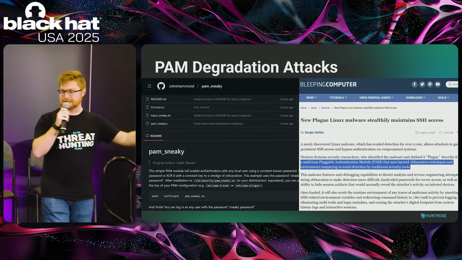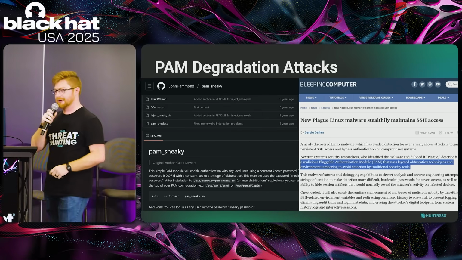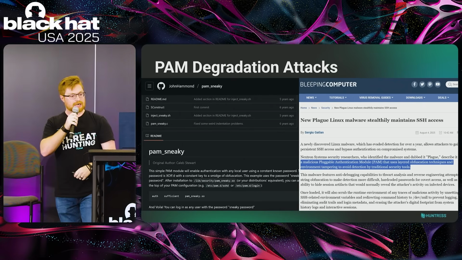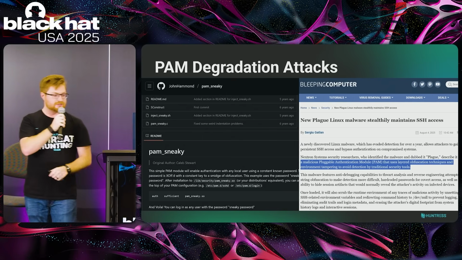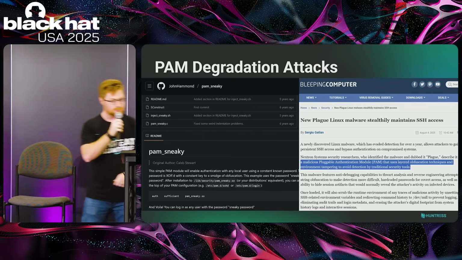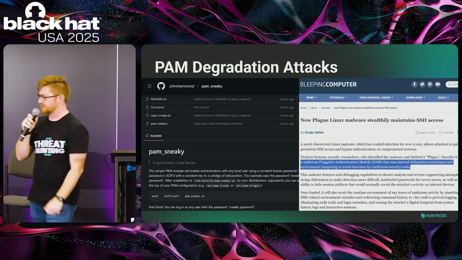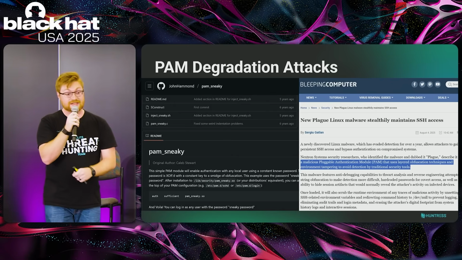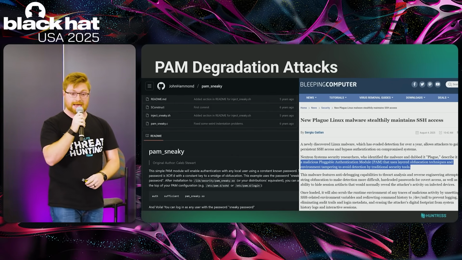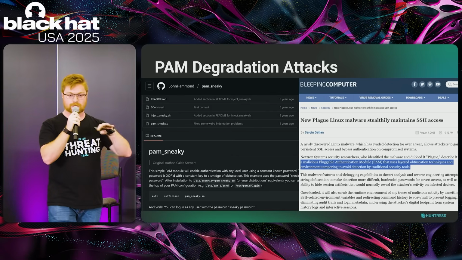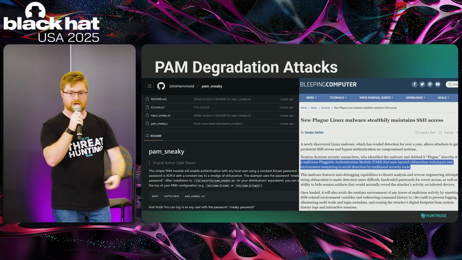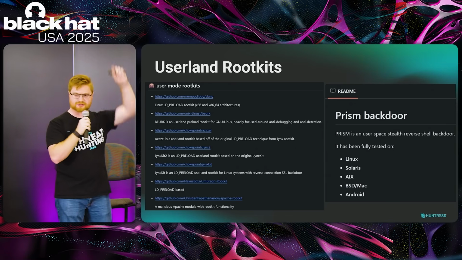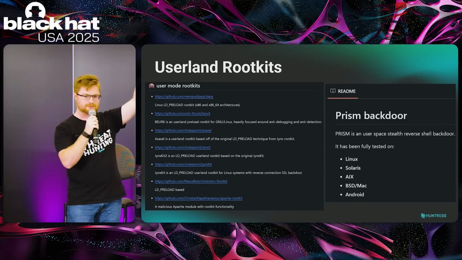There's a very recent Bleeping Computer article. You might be able to see it on the right-hand side there. This was August 4th, so 2 days ago. There's a recent Linux malware payload called Plague, and Nextron Systems was covering it. So Florian Roth and some of his cool folks were saying, look, this did exactly that. This used a PAM degradation attack and had a backdoored pluggable authentication module to log in with whatever credentials they wanted. Neat. Have folks seen that one before? Kind of familiar a little bit with PAM?